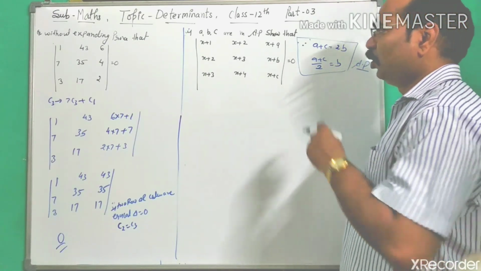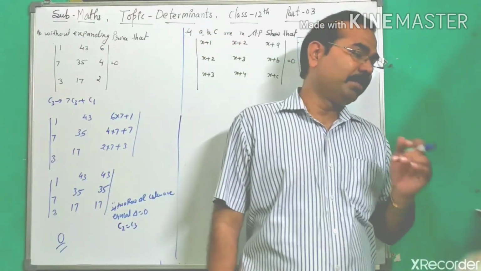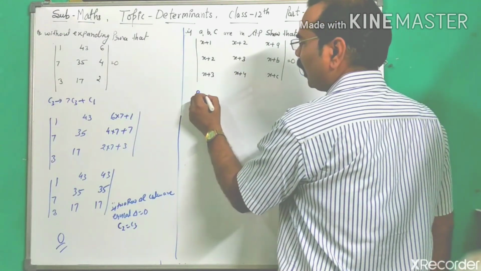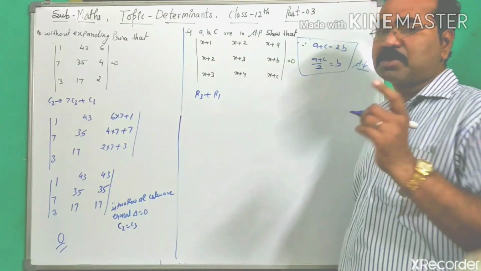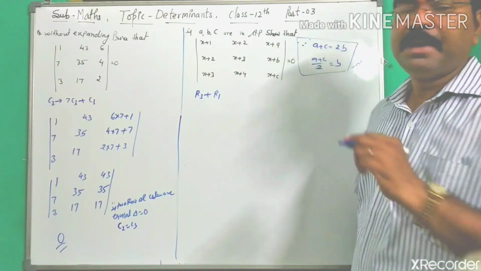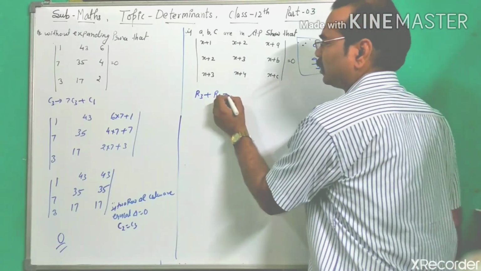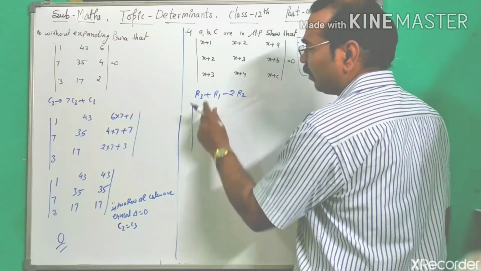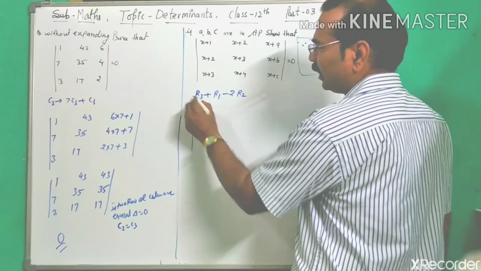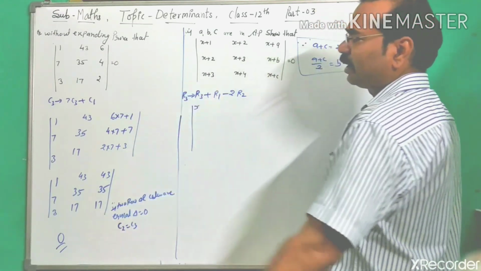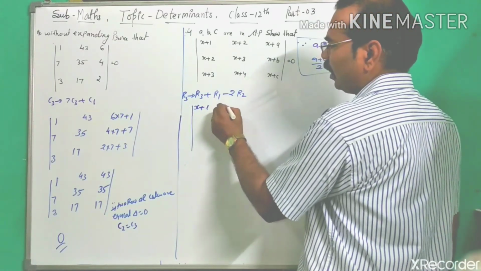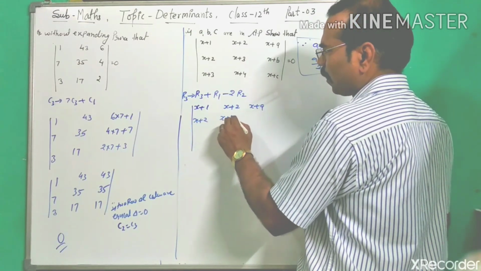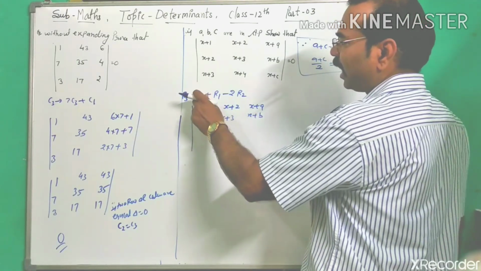Okay, so here we have to do an operation. What can we do? So now we have to do R3 plus R1, and then minus 2 R2. What will we do with 2 R2? We will subtract it. See, R3 means the operation is being done in R3, so you can also put a symbol there, noting that the operation is being done in R3. That is x plus 1, same; x plus 2, x plus 3; x plus a, then x plus 2, x plus 3, x plus b.